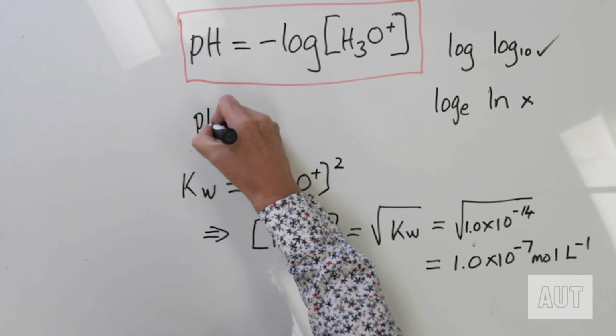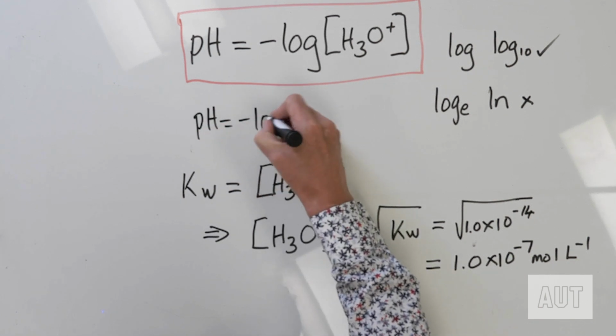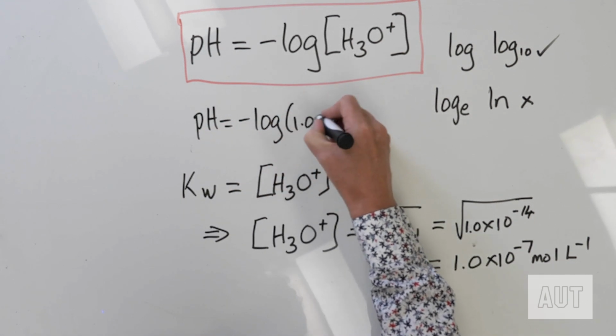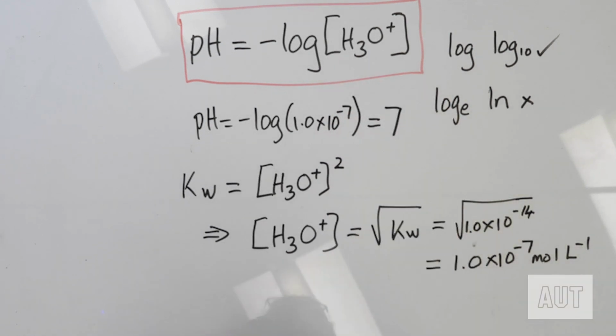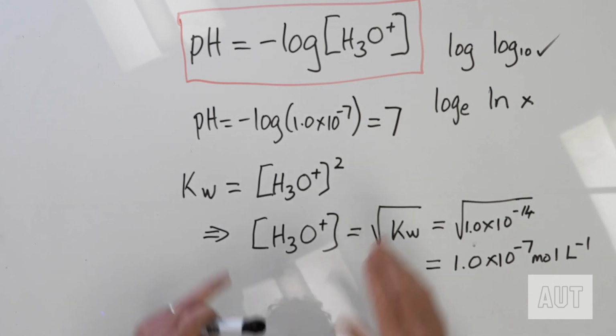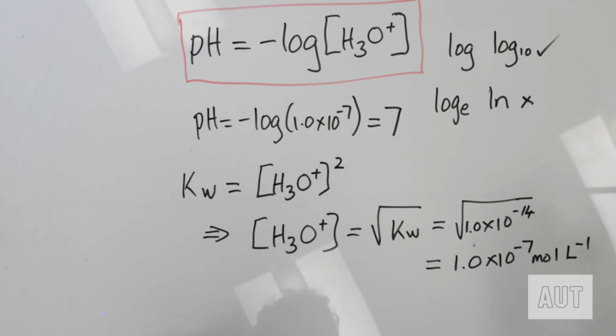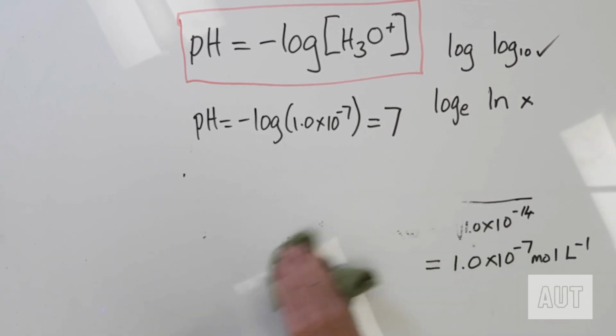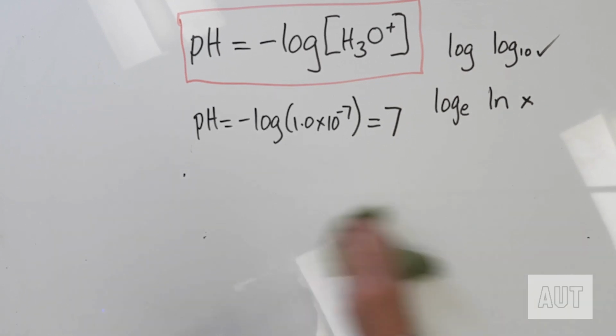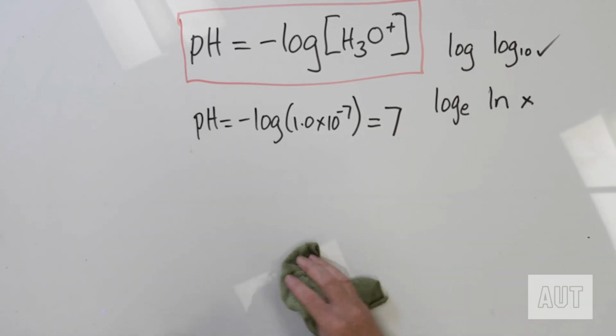Let's take the negative log of that, and we find pH equals negative log of 1.0 times 10 to the minus 7. Put that in your calculator, and if you don't get 7, then you've done something wrong. So that shows that in pure water, the pH is 7,